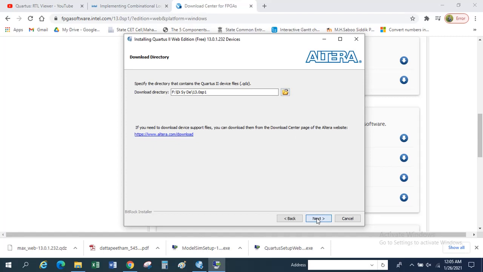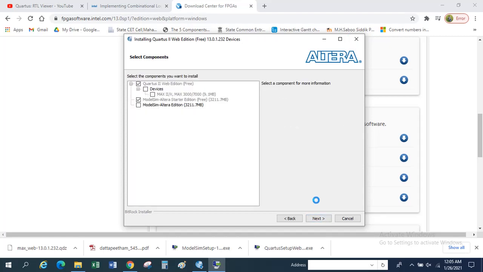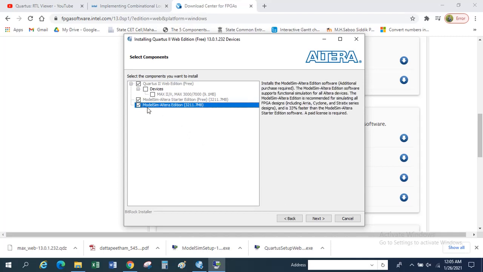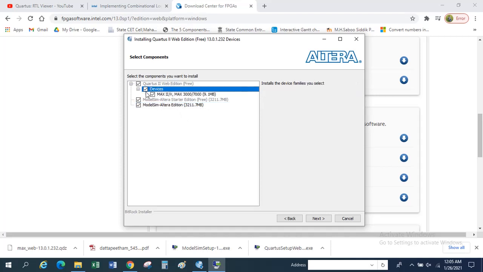Now I have to choose that path again, and I have to ask for next, because we were stuck at that. Now I am selecting Multisim Altera as well. Okay, I selected this. These are my checkboxes which I have selected. I'll say okay, done with this. Now I'll say next.